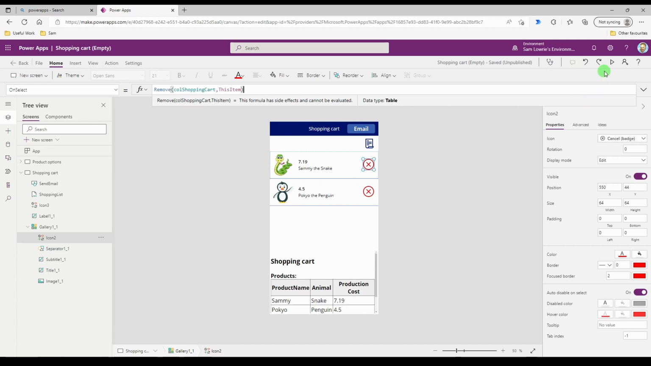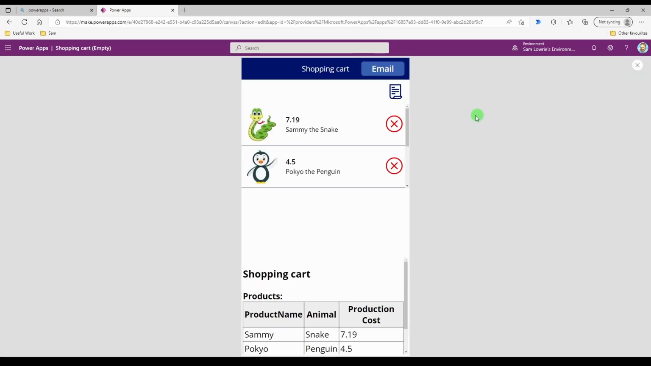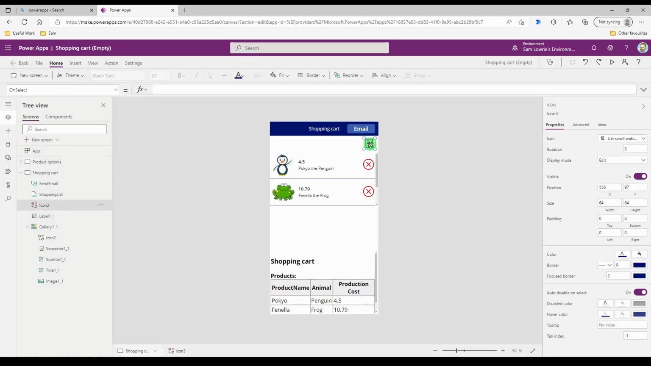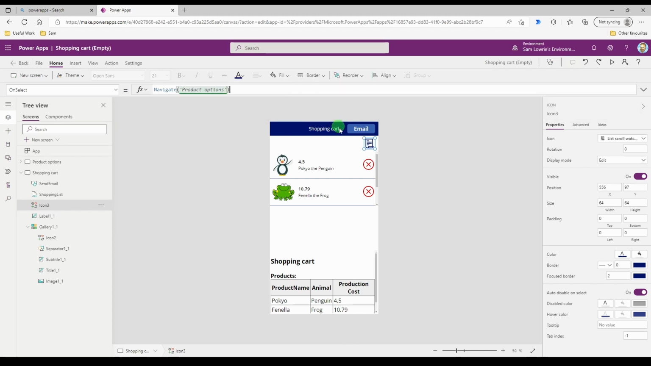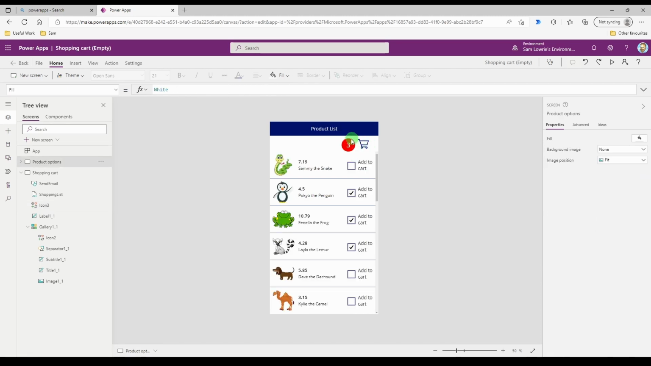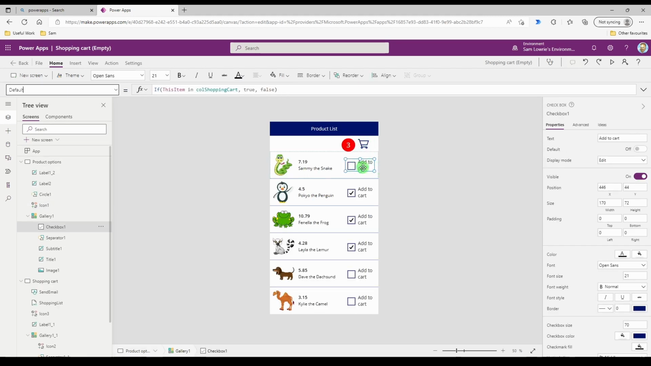If we give that a run, if I now click on this, it should be removed, which it is. This little button here, my sheet icon, I'm going to set that so I can return to the previous page. So I want to navigate, and we want to go back to our product options. Hold Alt, click on that, and you'll see the counter has updated. If we hadn't set the default on our checkbox, then this wouldn't be updating to remove the